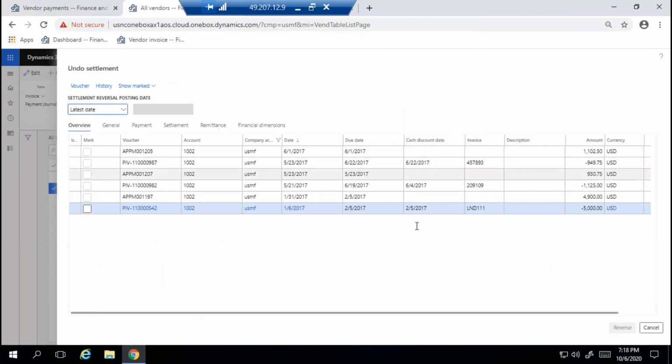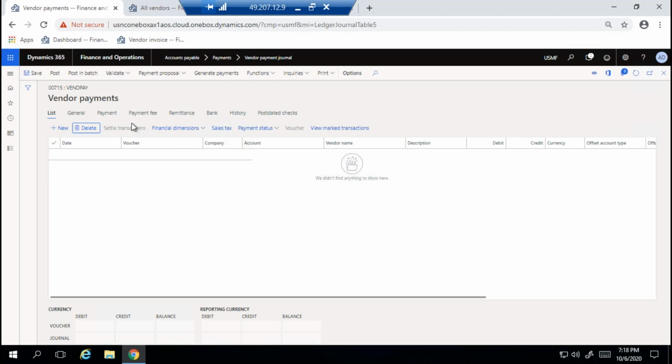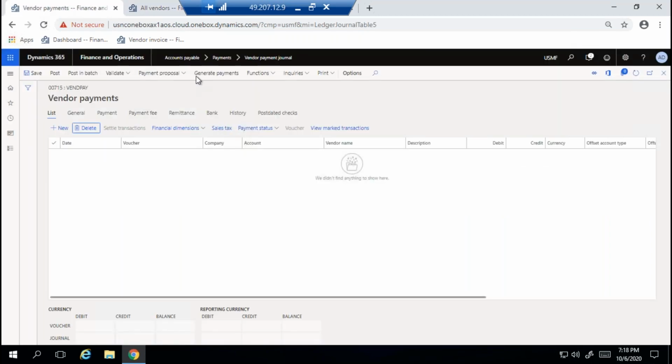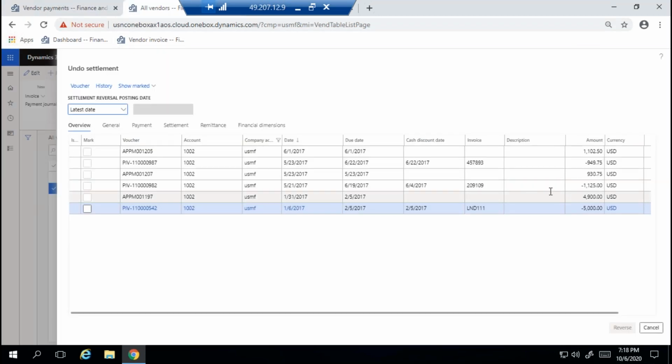This is invoice versus payment you have done properly, means at the time of payment, if I have selected settle transactions, it will come here. Understood, Ravi? If you are running the payment proposal, automatically it will show payment versus invoice here.